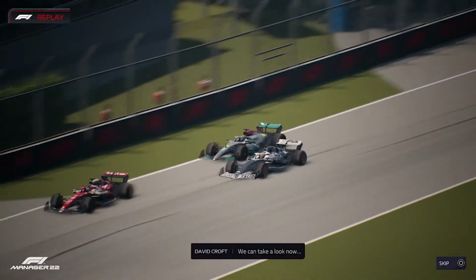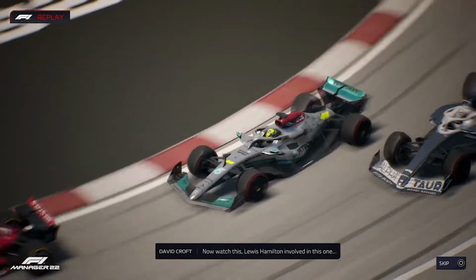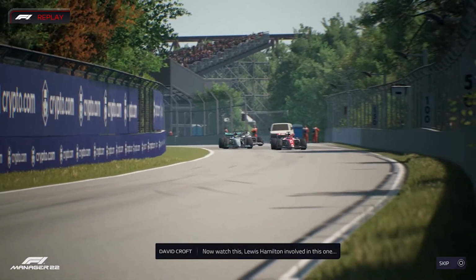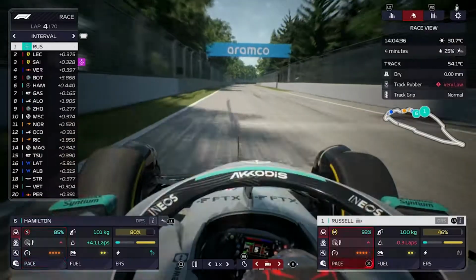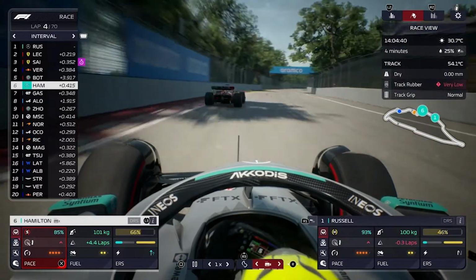We can take a look now. Now watch this. Lewis Hamilton involved in this one. Lewis Hamilton gets around and past Pierre Gasly up into P6, and now he's attacking Valtteri Bottas for P5. We do need to clear him if we're going to try and make any imprint on this race, but out